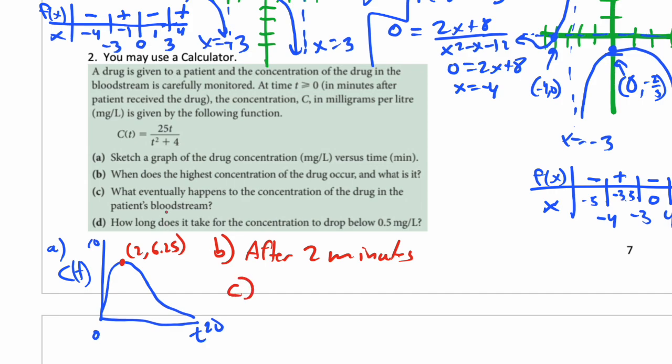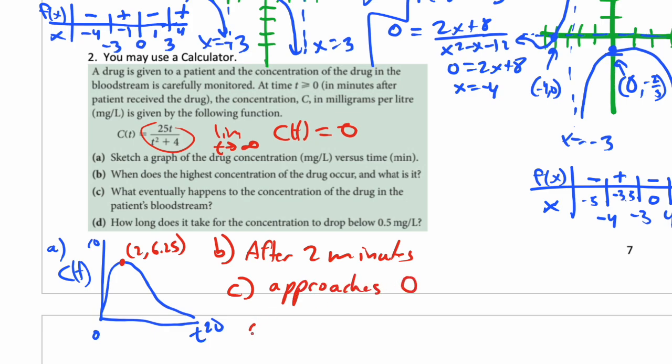Okay, part C, what eventually happens to the concentration of the drug in the bloodstream? Well, since the degree of the numerator is less than the degree of the denominator, the limit as t goes to infinity of c of t is 0. In other words, we've got a horizontal asymptote here. Okay, so it approaches